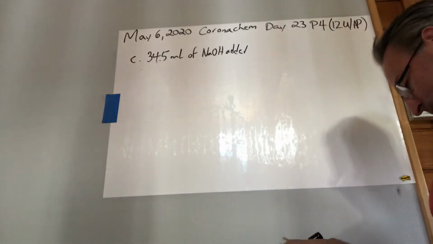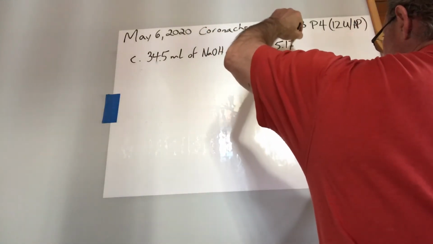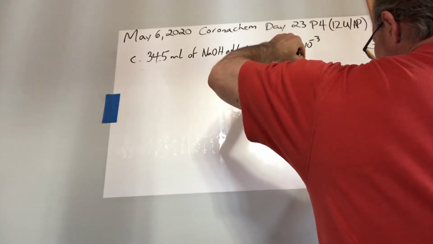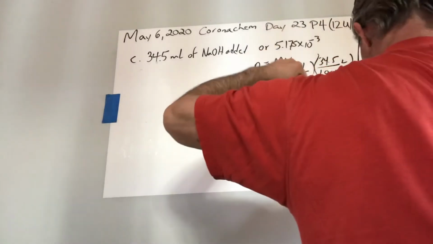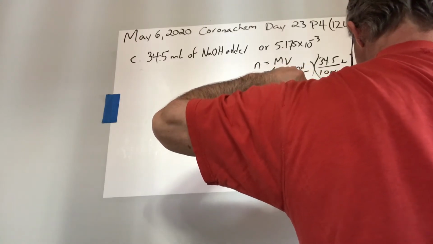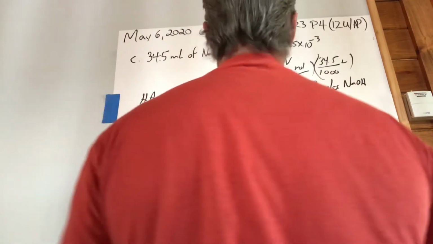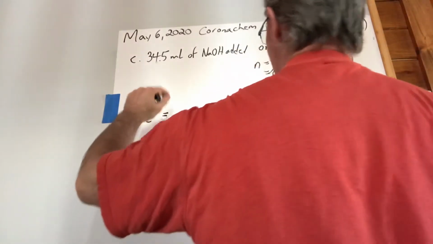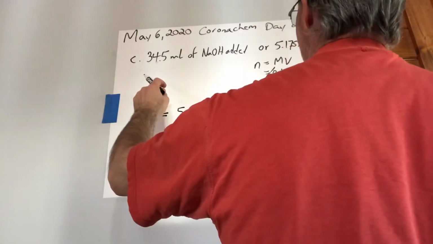So you have how many moles of base? 5.175 times 10 to the negative 3. How did I find that out? I used n is equal to molarity times volume. The molarity of the base is 0.515 moles per liter. You added 34.5 thousandths of a liter. So that gives you 5.175 times 10 to the negative 3 moles NaOH. So the concentrations of the acid and the acetate anion. The acetate anion concentration is going to be essentially that, because you've added that much NaOH, so it pulls off that many protons. So you're going to have 5.175 times 10 to the negative 3 moles of acetate ion in solution, and your acetic acid concentration is going to be